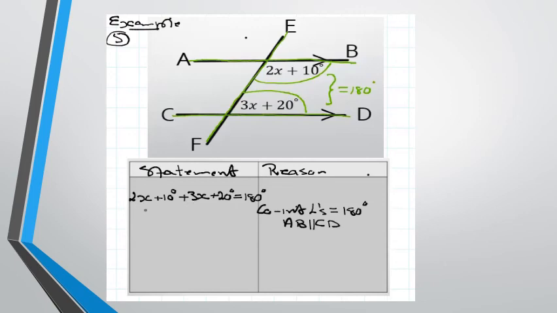2x plus 3x is going to leave me with 5x. 10 plus 20 is going to leave me with 30 degrees equal to 180 degrees. On the left, minus 30. What I do left, I must do right. So I'm going to have 5x equals 180 degrees minus 30 degrees. Therefore, 5x is equal to